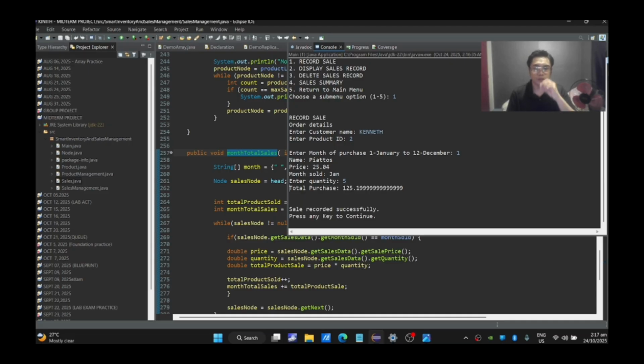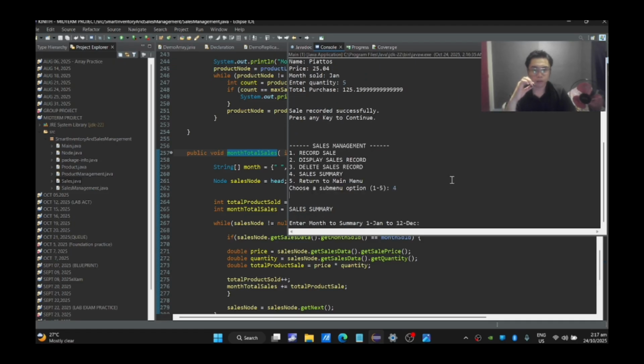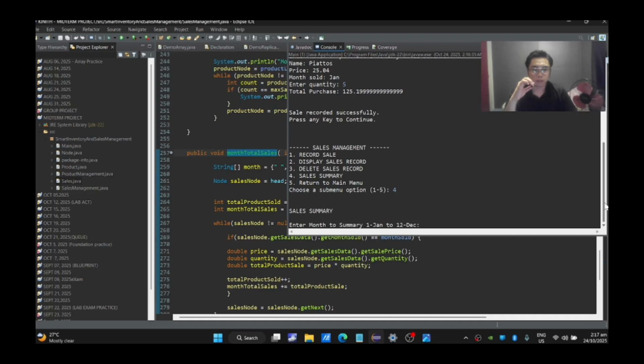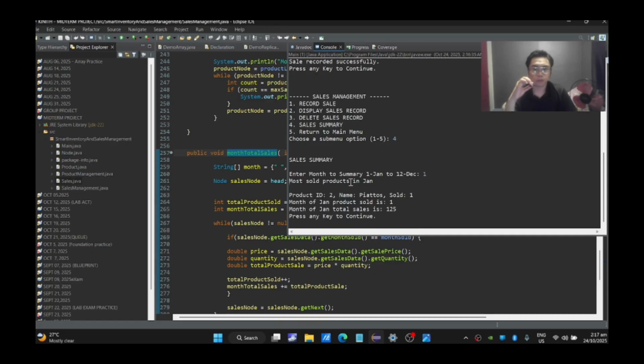So in order to demonstrate the function of month of total sales and the function of most sold product, we need to see the sales summary. So as you can see here, this is the function.